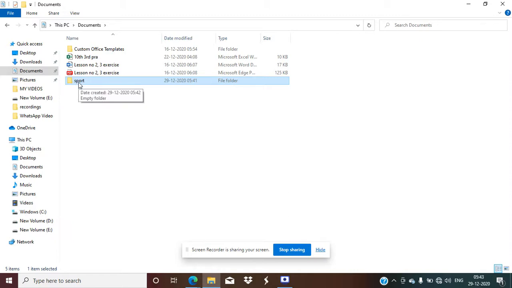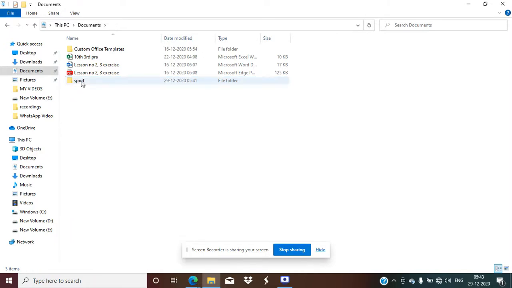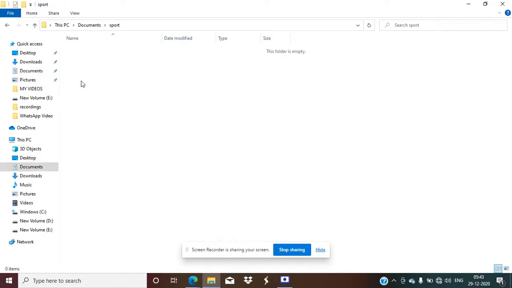Now I want to create a folder within the sport folder, or I can create a file within this folder. So to open this, I have to double click on it or right click and open. Both will work the same. I will just double click on it.